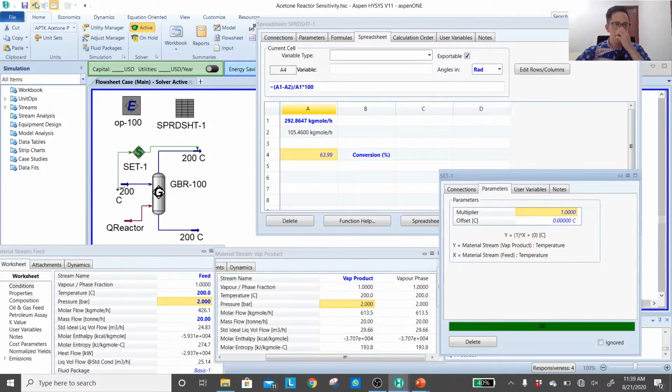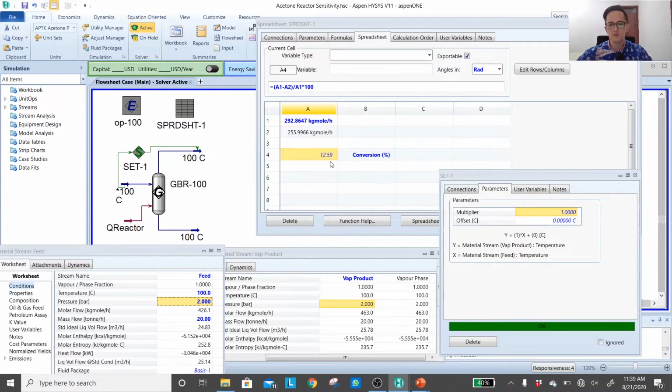Okay, looks good as we want. Now I can play around with the temperature. Okay, I want to divert it back to 350. Every time I change my feed temperature, now my product temperature will be adjusted as well. 100 degrees C. Okay, check, the temperature already changed.